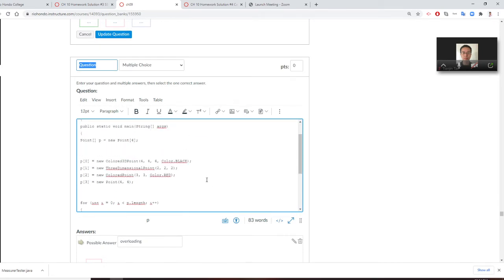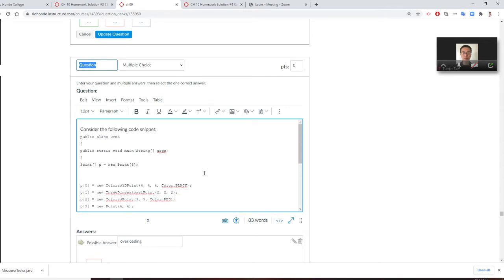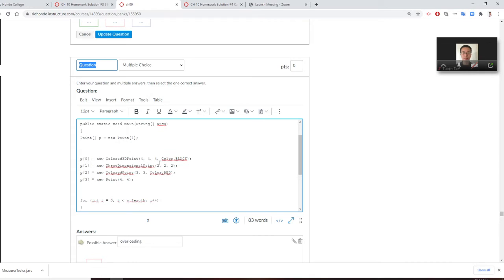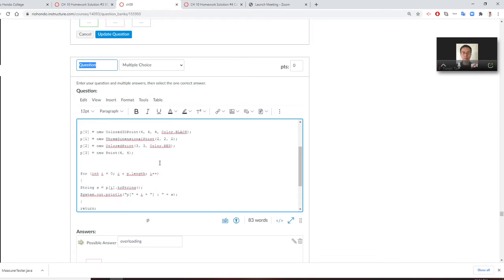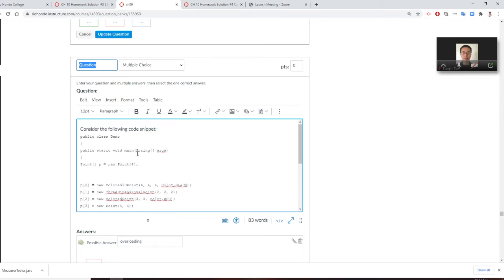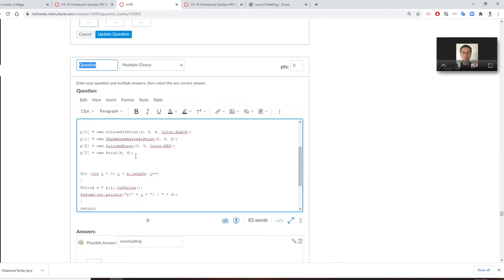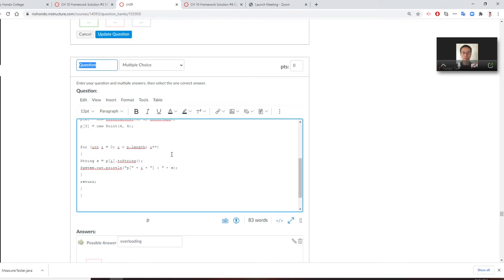The reason is this. Okay, you see here you have new points, right? And so you see the new Color3DPoint, new ColorPoint, and new Point. So new Point right here, new Point 4 and right here,